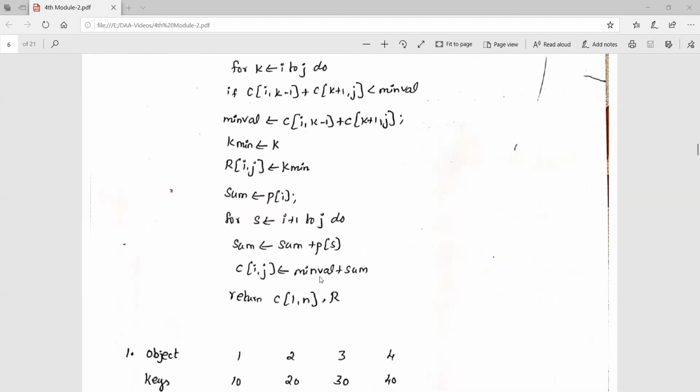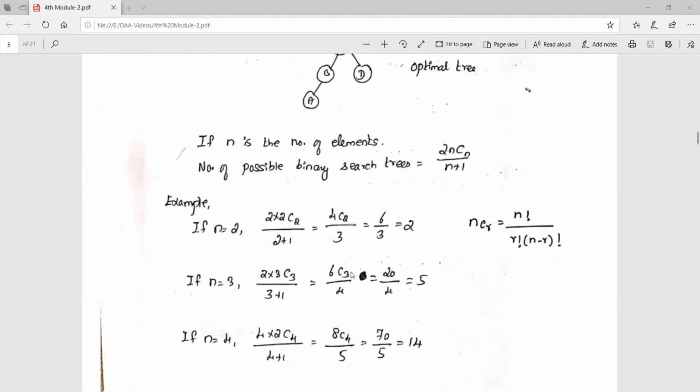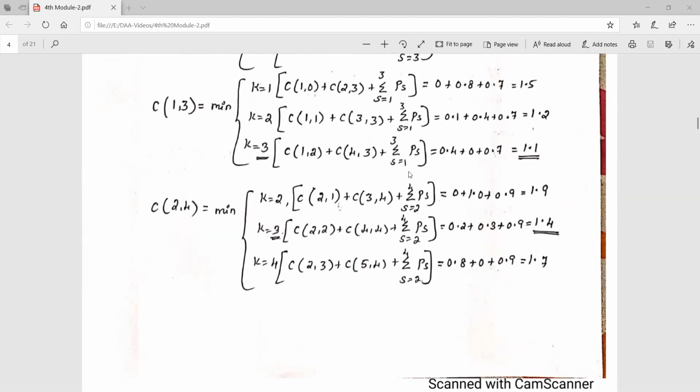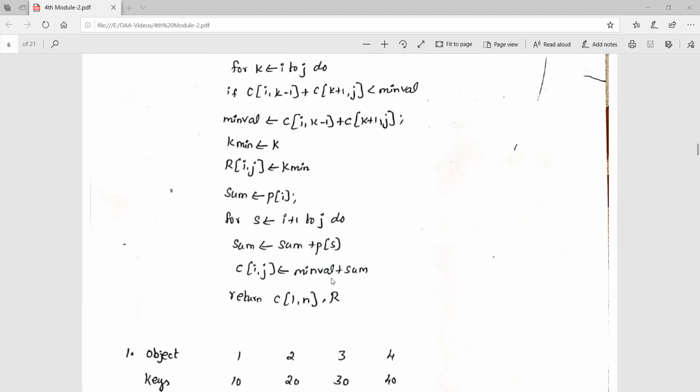Now min val plus the sum. The sum is nothing but P of s, where s is equal to 1 to 3. So here we are finding only the minimum value. After finding the minimum value, then you have to consider min val plus sum. Why are we not adding the sum here?